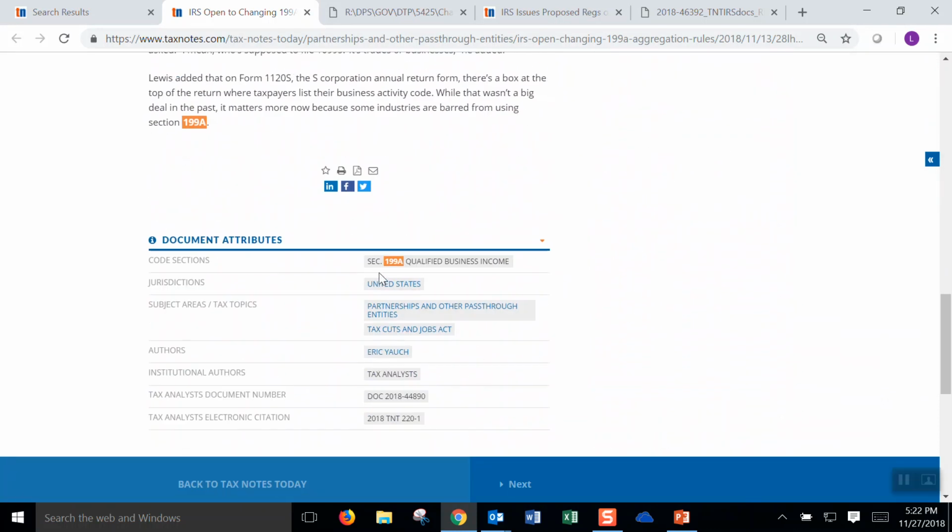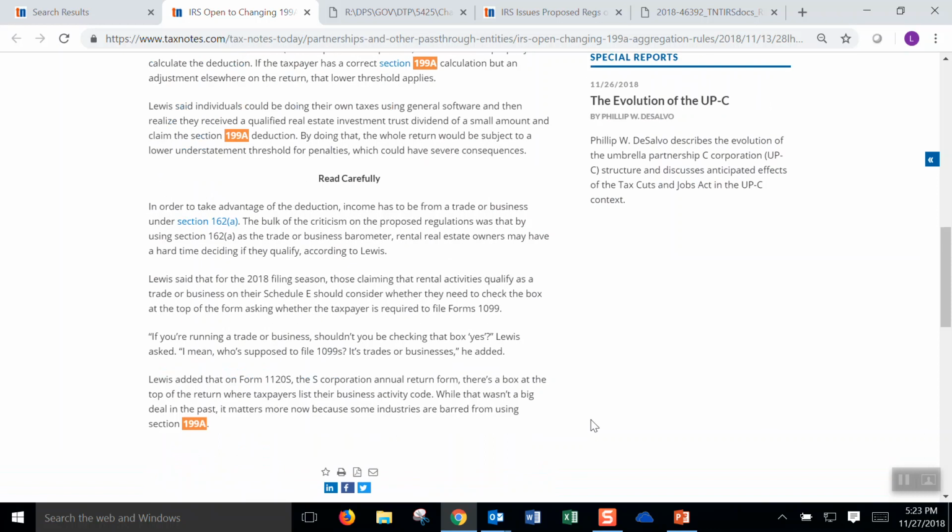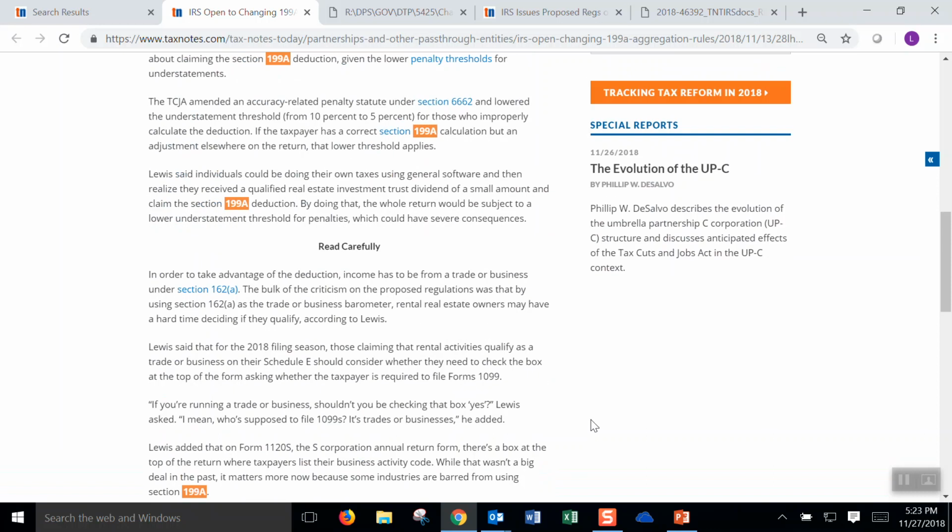The editor tagged it out as being about Section 199 Cap A, and also as being about these two topics in tax. These topics are links. I could click through and find articles about either of these topics at this point. But the significance of the metadata that the editor added is shown here.